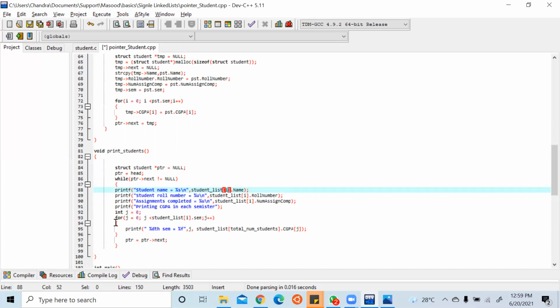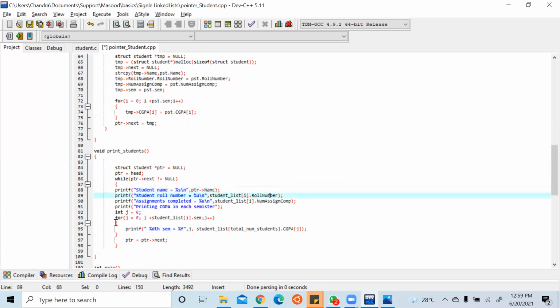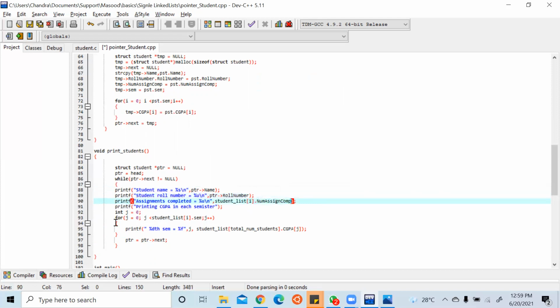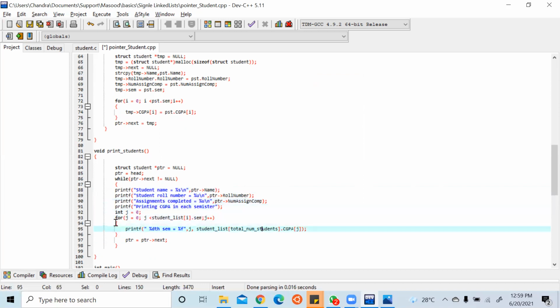So this should be PTR. PTR pointing to name. This should be PTR pointing to roll number. This should be PTR pointing to number of assignments.